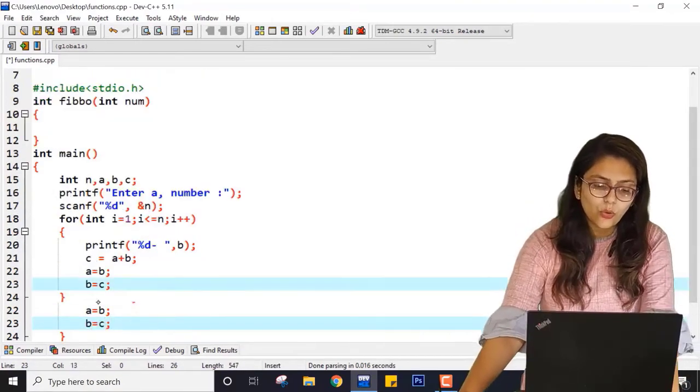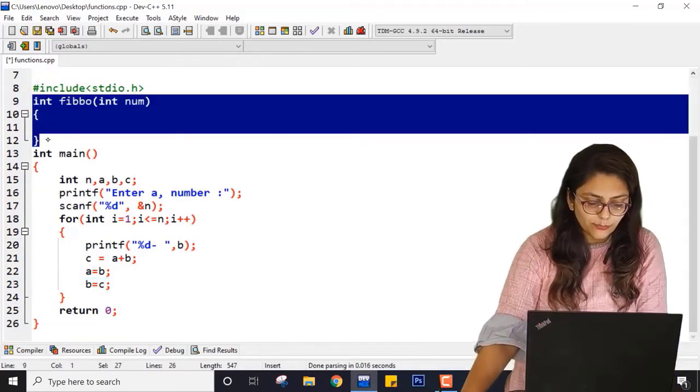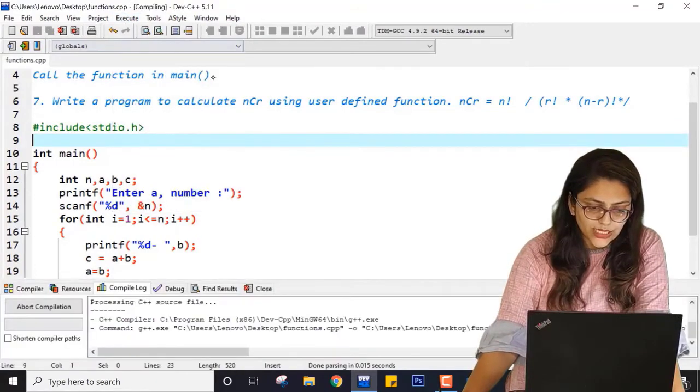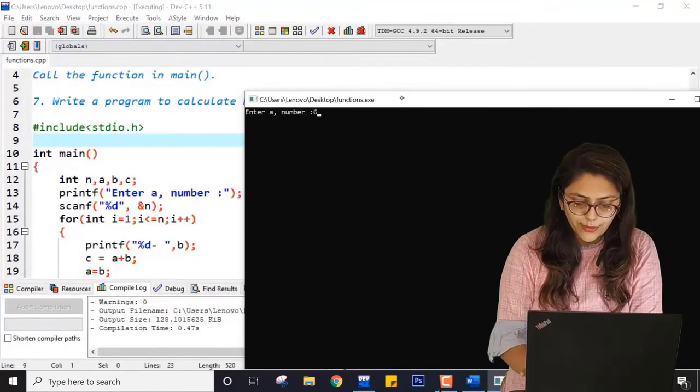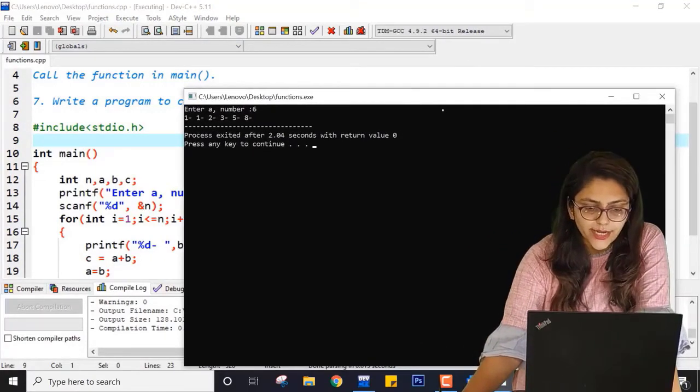So this is the code I have written to print the Fibonacci sequence. Let me just erase this for now and save this program and execute to see if it is printing correctly or not. So if I am entering 6, it will print 1, 1, 2, 3, 5, 8. Right? So it is correct.